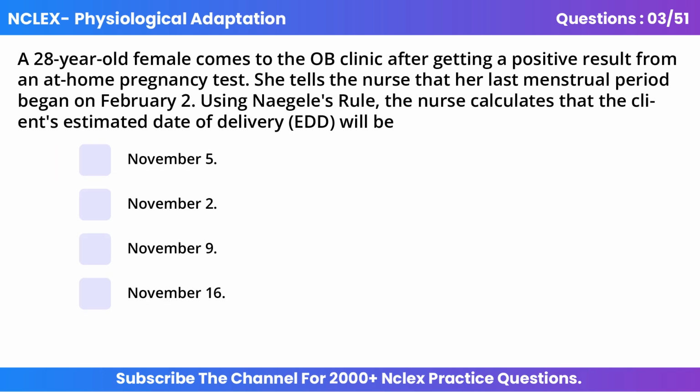Question 3. A 28-year-old female comes to the OB clinic after getting a positive result from an at-home pregnancy test. She tells the nurse that her last menstrual period began on February 2nd. Using Naegele's rule, the nurse calculates that the client's estimated date of delivery, EDD, will be